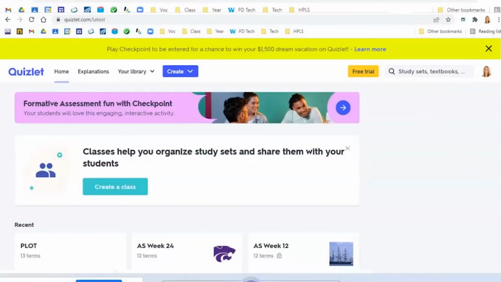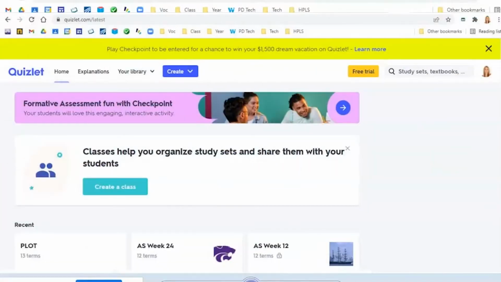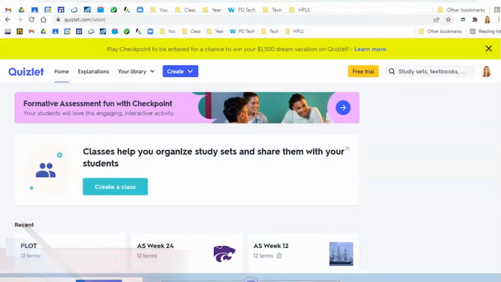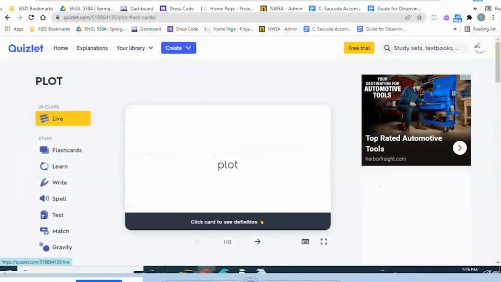In order to do Quizlet Live, you go first to the Quizlet.com website. You locate the quiz that you want to give your kids, and in this case, I'm going to be using the plot quiz that I have here on my screen. You open that up, and over on the left side of your screen, you will see In Class, and here it has Live. So when I click on In Class Live,